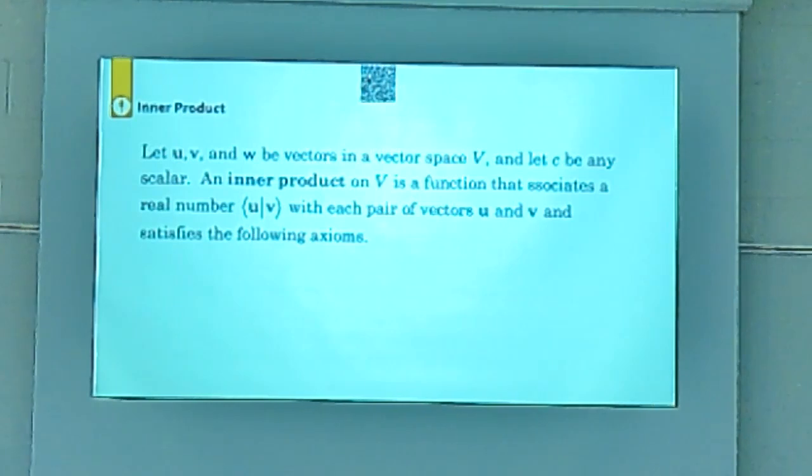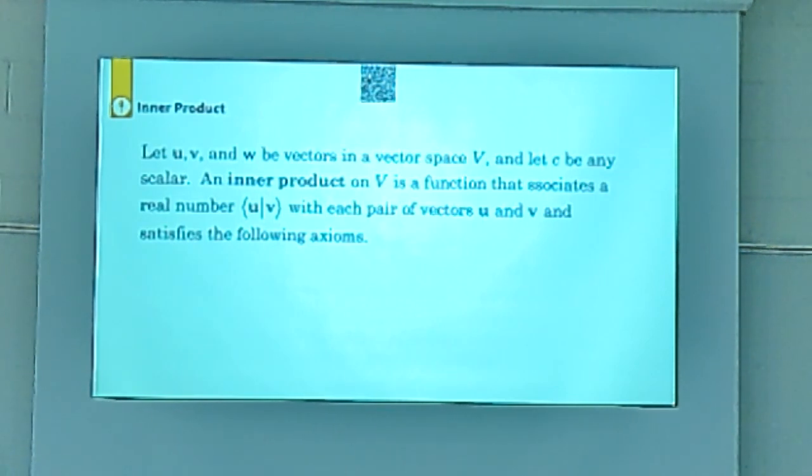Inner product spaces. First, we need to know what an inner product is. Let u, v, w be vectors in a vector space V. Let c be any scalar. An inner product on V is a